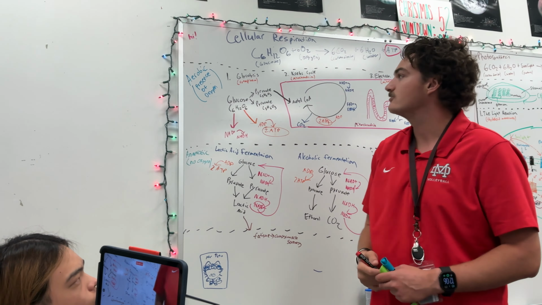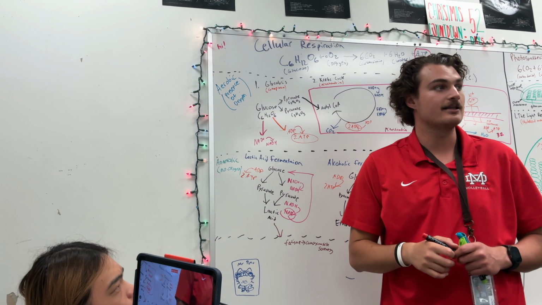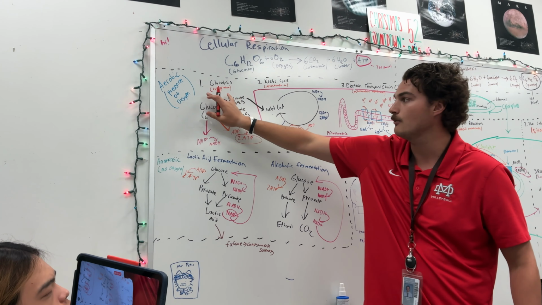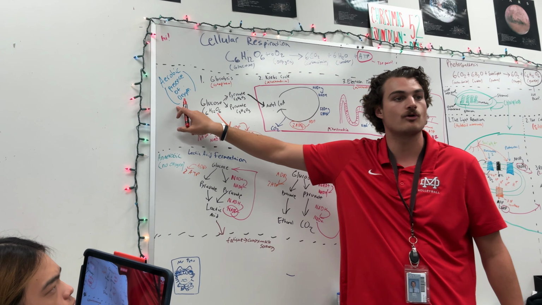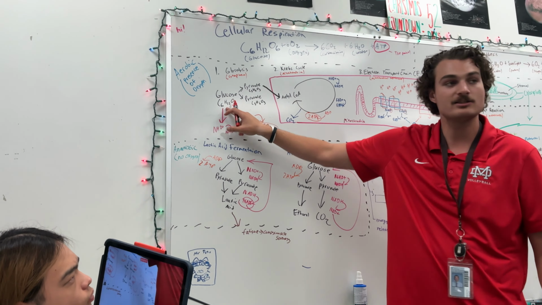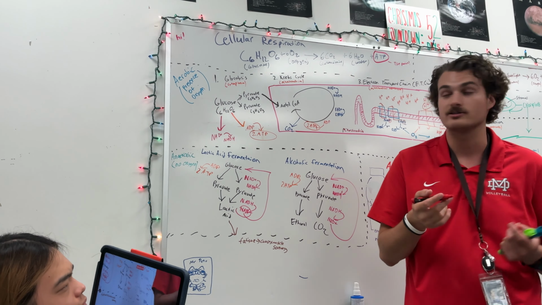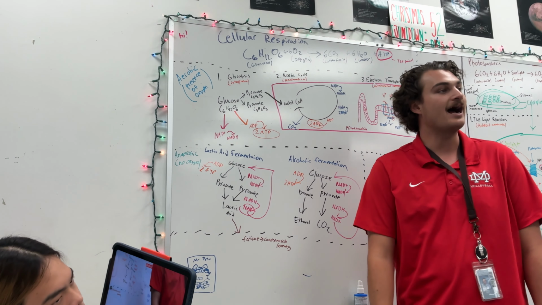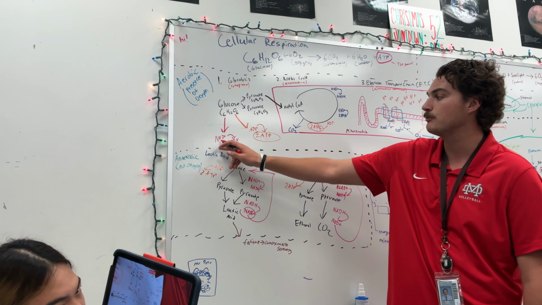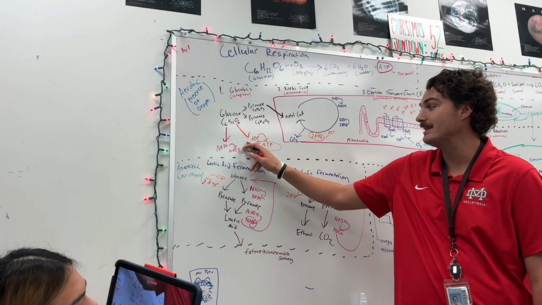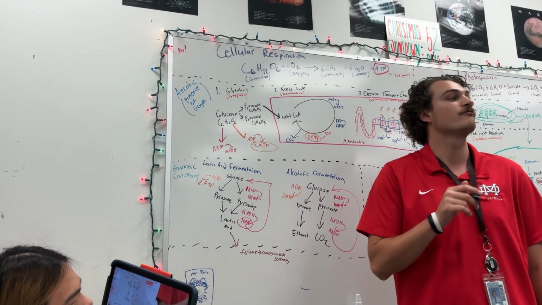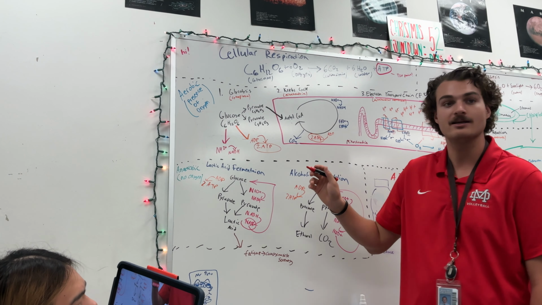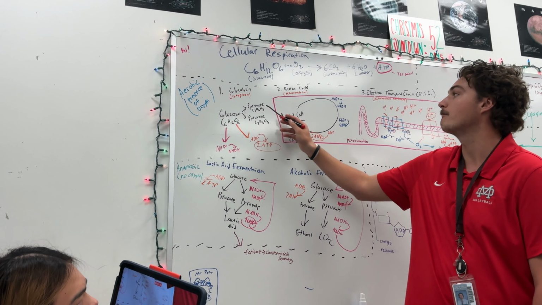The first step of cellular respiration is glycolysis. Glycolysis is an anaerobic process, meaning that it is going to take place in the cytoplasm, but you don't need oxygen in order to do it. In glycolysis, we're going to split glucose, which is what glycolysis means. So we'll take our glucose molecule and make 2 pyruvate molecules. As we do this, we'll convert NAD plus into NADH, and we'll turn ADP into ATP twice for a net gain of 2 ATP. Normally, throughout cellular respiration, you will then take the pyruvate and bring it into the Krebs